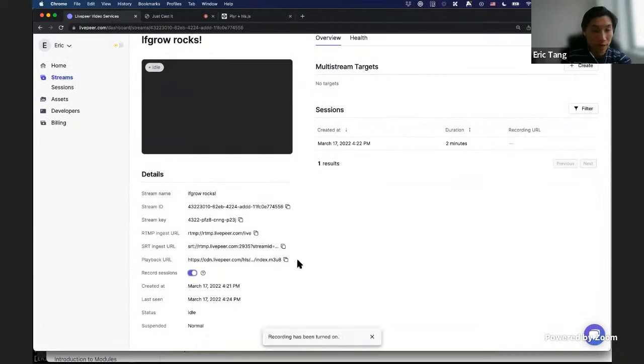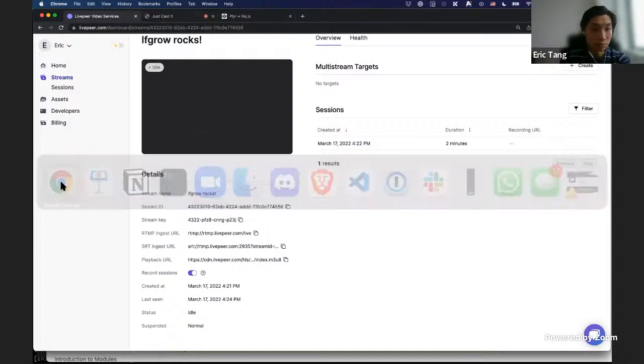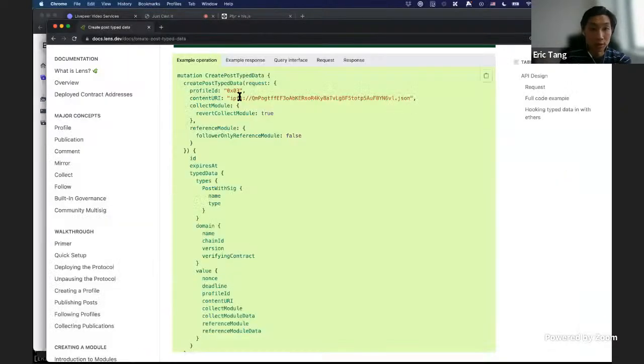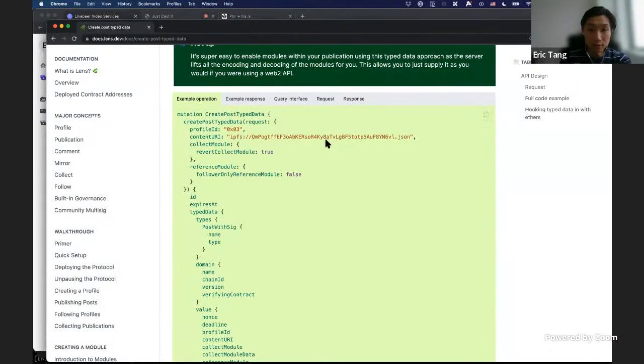Here I can just turn that on manually, but of course everything can be controlled with the API. When you turn on the recording session, you will see that there will be a recording URL when your session is finished, and you can use this recording URL as the content URL when you're creating your post inside Lens. So for every session, you would create a new post that represents a recording of the previous session.